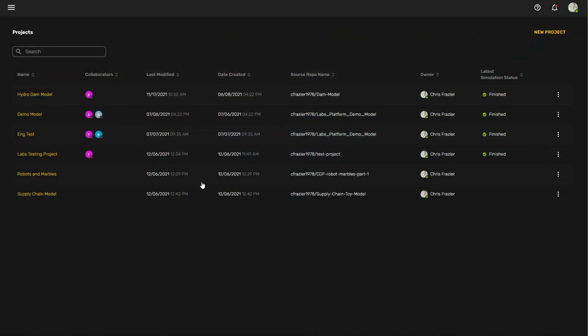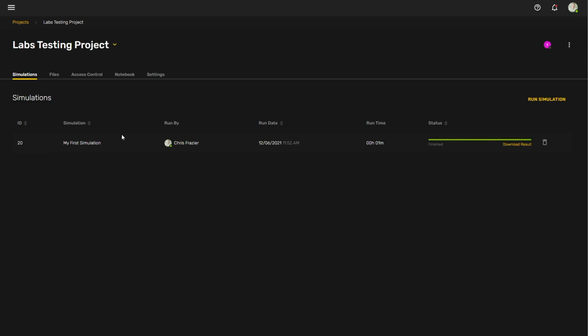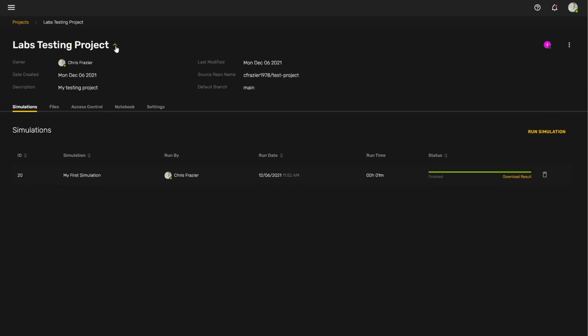In this video, I will be going over the anatomy of a project. So I'm going to go into my labs testing project, and you'll see when you enter your project that you have 5 tabs. You also have your heading that is collapsed when you first go in, and this is where it shows you some of the same information on the previous screen about the owner, when it was created, and